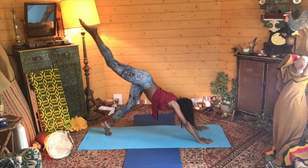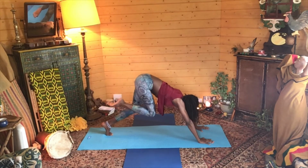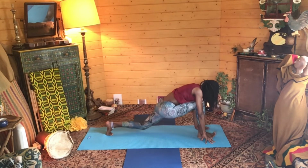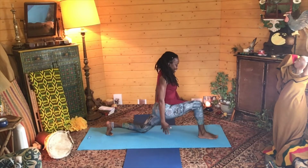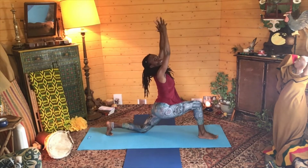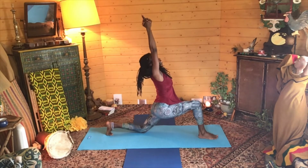This time you're going to bring that right foot, or drag or pull and place that right foot between the hands, lowering the left knee onto the mat. Find that steadiness, bring both arms up. You're going to interlace the fingers, extend the forefinger up in front of you, and we're going to try and